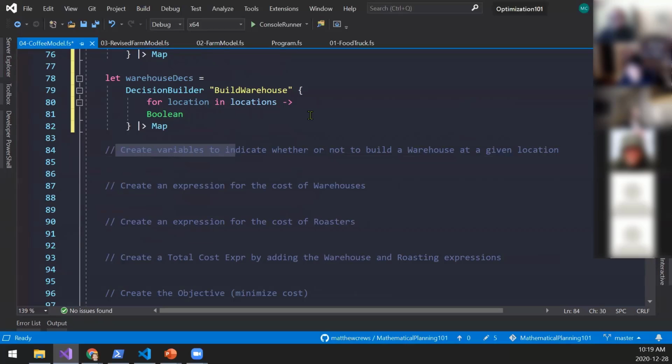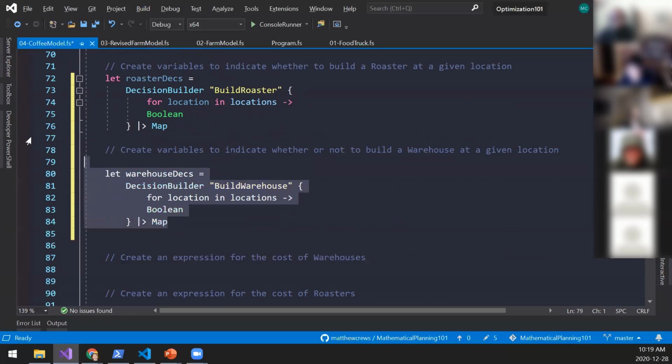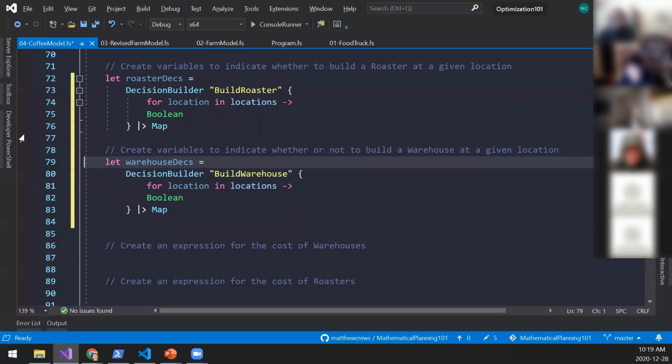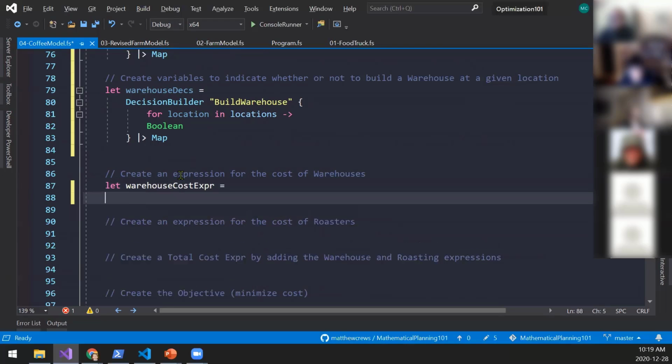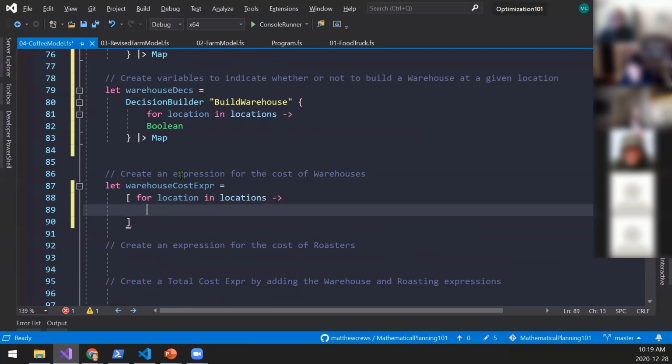Now to create variable, oh, should have read my own comments. Create an expression for the cost of the warehouses. So let warehouse cost expression equal, for a location in locations, warehouse cost times warehouse decision associated with that location.